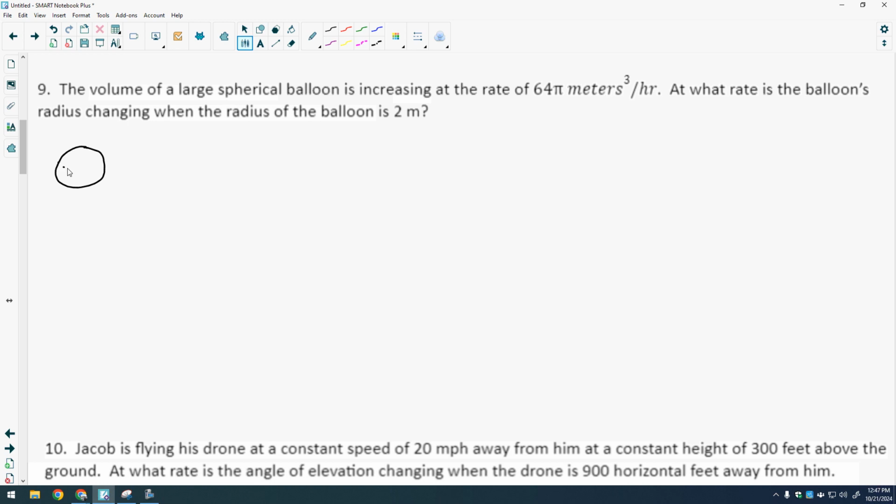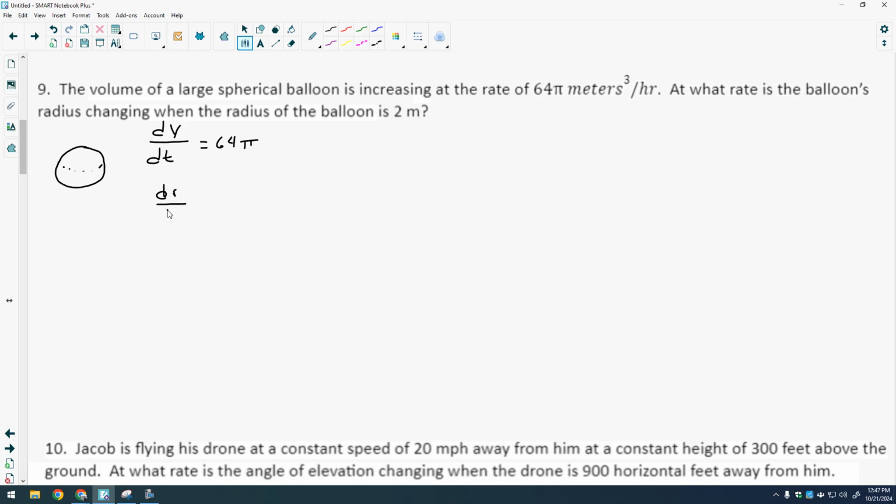Spherical balloon. Pretend I can draw 3D. This is a sphere. So dV/dt. The volume of a large spherical balloon is increasing at the rate of 64 pi meters. It is increasing, so it is positive. At what rate is the balloon's radius changing